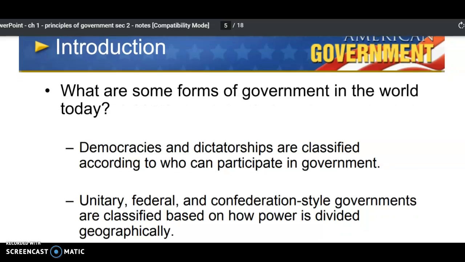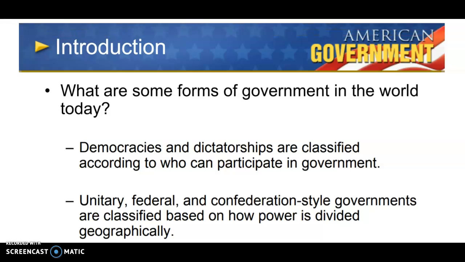This is your focus question for today. What are some forms of government in the world? There it lists some examples of what the answers you could have given in your focus question, but we will go over all of the different, or most of the forms of government in the world today in the rest